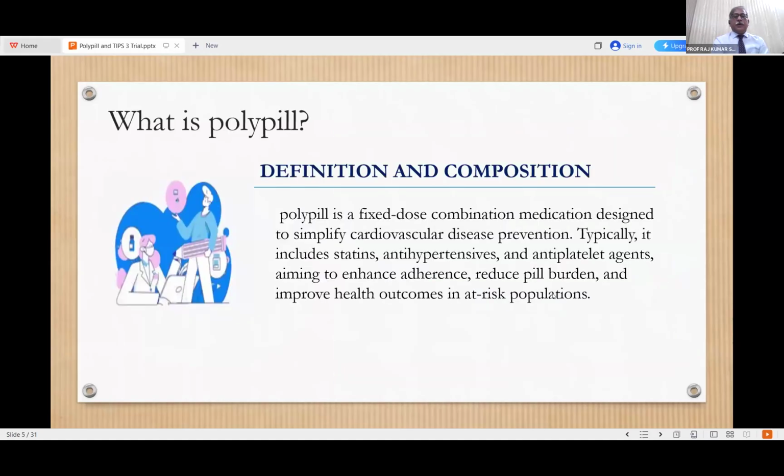So the polypill, as you all know, is a fixed dose combination medication designed to simplify cardiovascular disease prevention. Typically, it includes